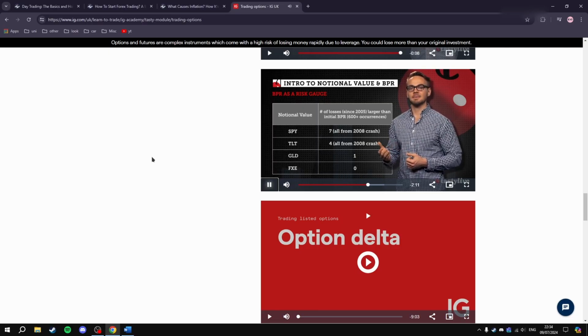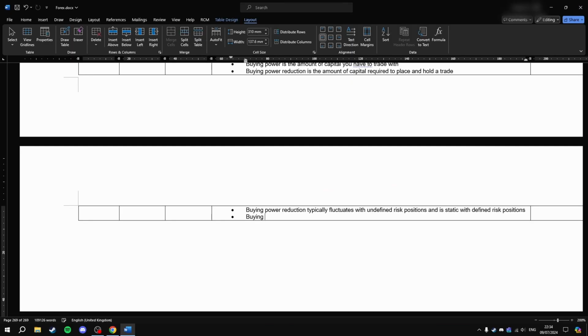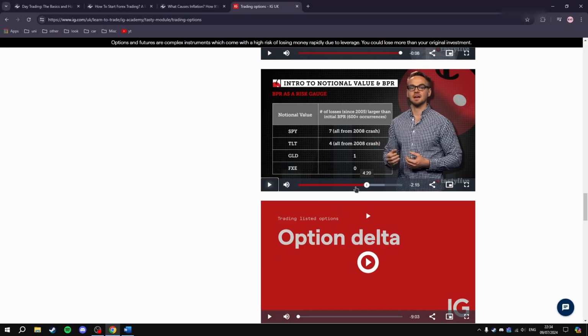We believe that buying power reduction can be used as a practical gauge of real-time risk, as our research shows. It can be used as a real-time risk gauge, right? To outweigh the bad with the good. We believe that buying power reduction can be used as a practical gauge of real-time risk, as our research shows